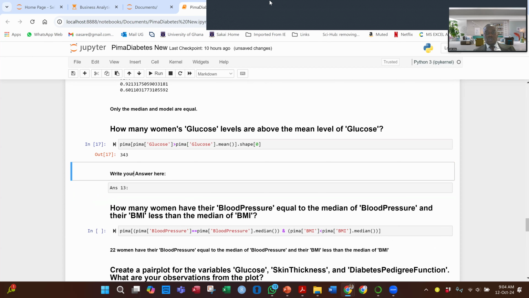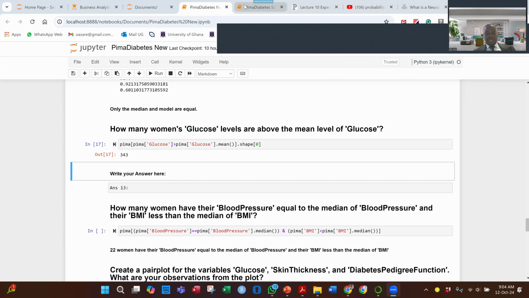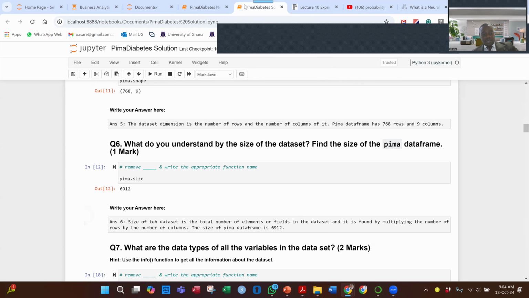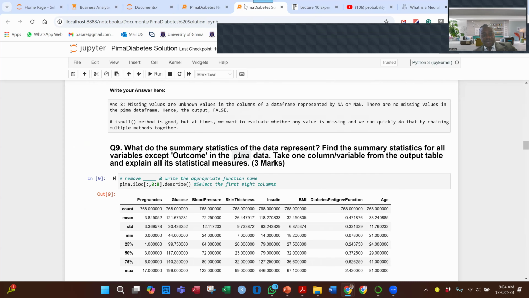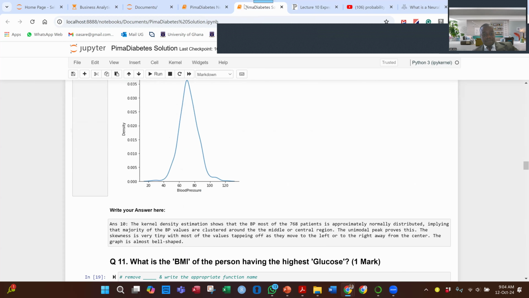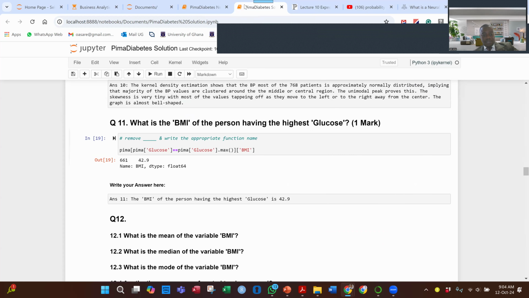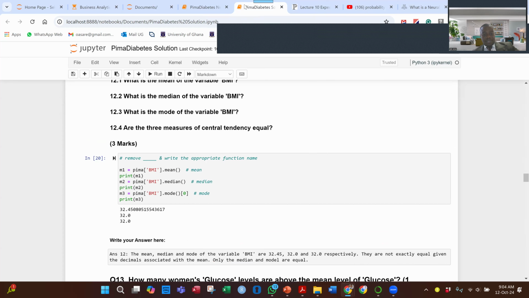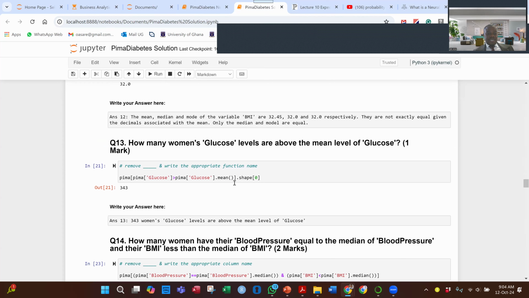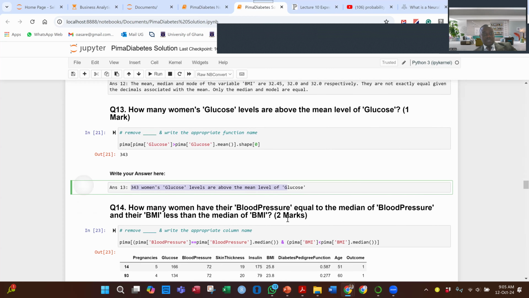Let me show you the results of that answer. So this is just to give you some of the results. So here, 343 women's glucose levels are above the mean. The next question